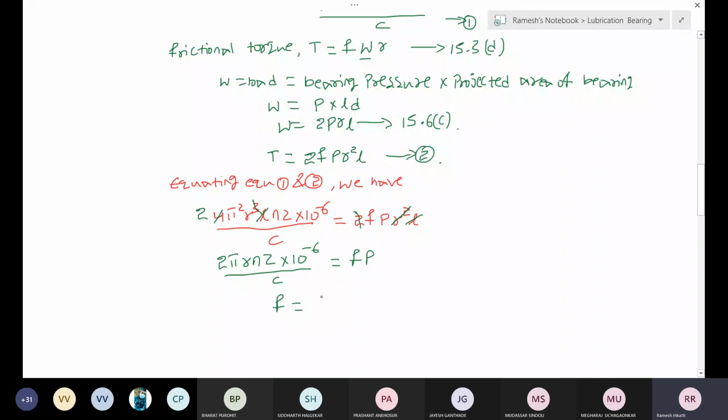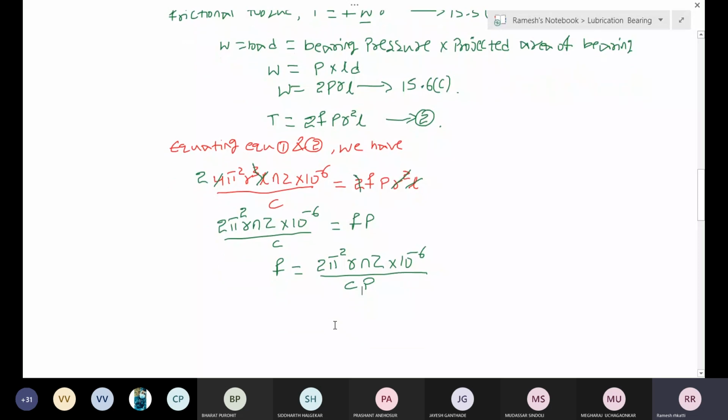Therefore, it will be 2 pi, oh sorry, it has to be pi square. 2 pi square R into N into Z into 10 raised to minus 6 divided by C into bearing pressure. Rearranging the equation, the coefficient of friction is equal to